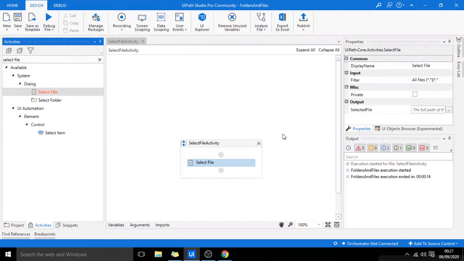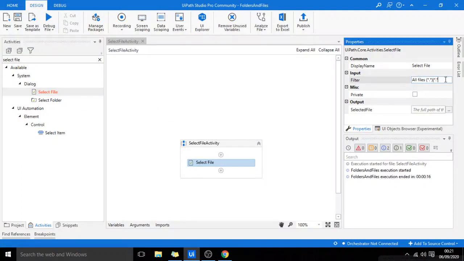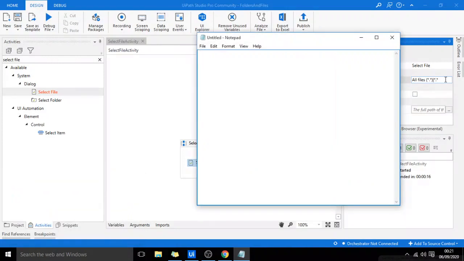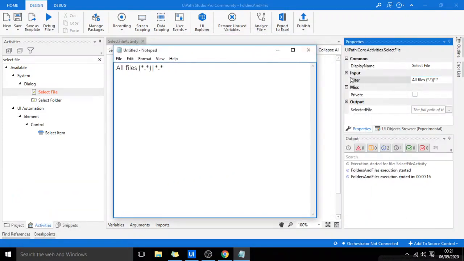Now suppose you want to display only one type of file or a few types of file. You need to change this expression, that is the filter option.